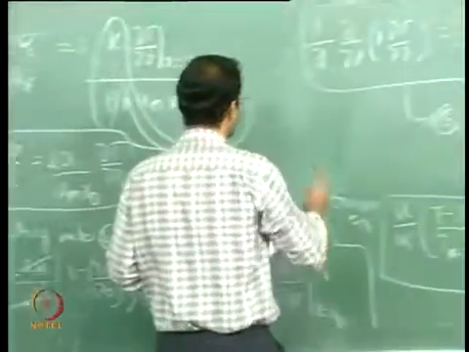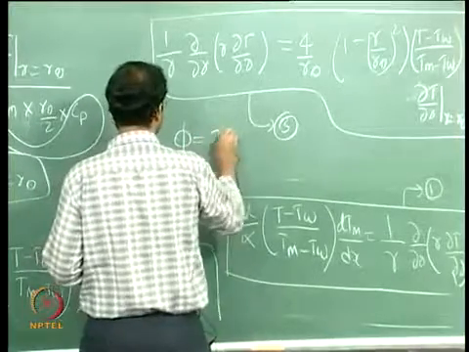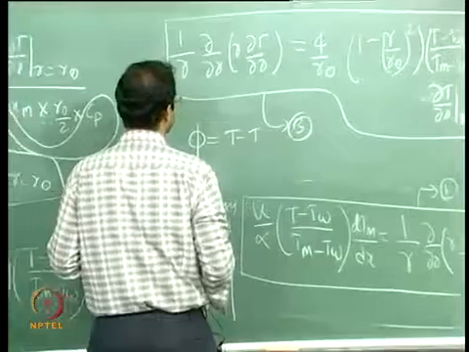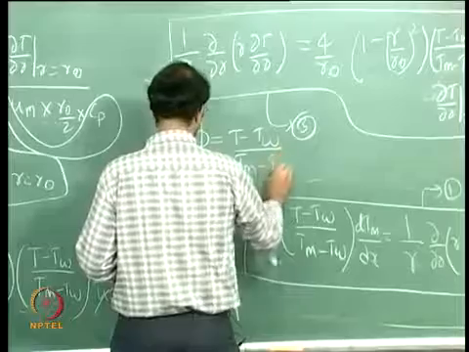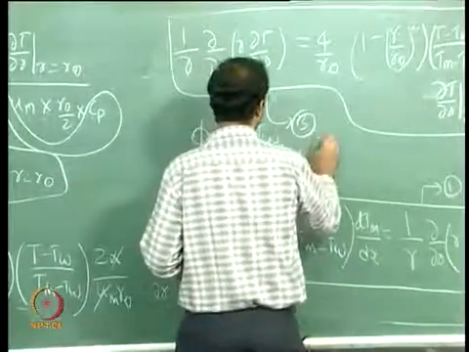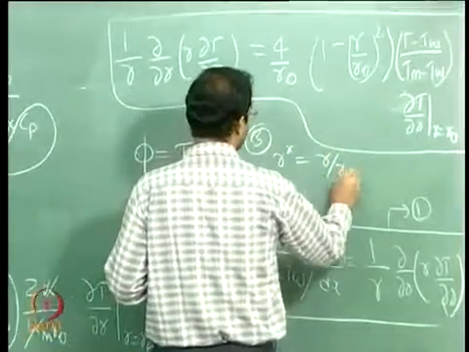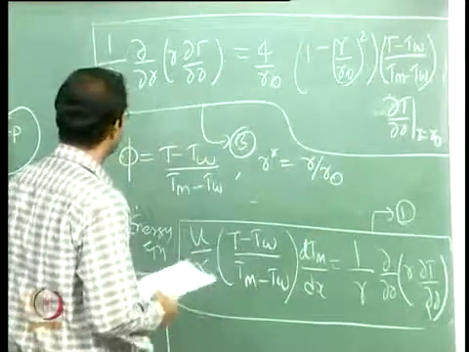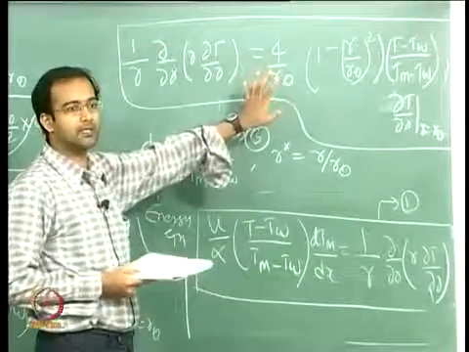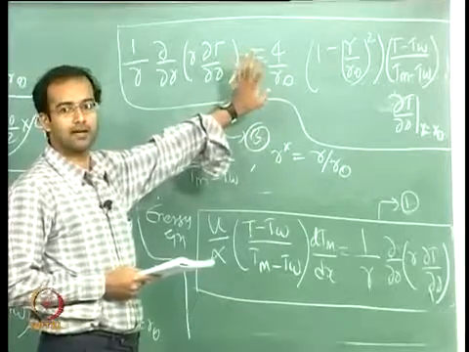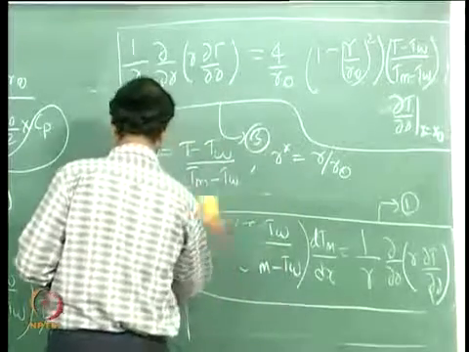Now I am going to introduce a non-dimensional temperature, theta or phi. I am using phi here to represent the non-dimensional temperature. I can write it as T minus T wall by T mean minus T wall, and a non-dimensional radial coordinate r star, which is nothing but r by r naught. I am going to substitute this into my equation number 3 and rewrite the entire equation in terms of the non-dimensional variables phi and r star. Okay, so if I do that,